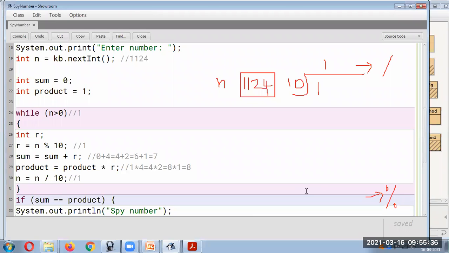So here this will be 7 plus 1, which is 8, and here it is 1 into 8, which is again 8. Once you divide, you will get 0. So this will stop the division. Now if you check, this 8 and 8, both are the same. So we can say it's a pi number. Let us run this program and see.